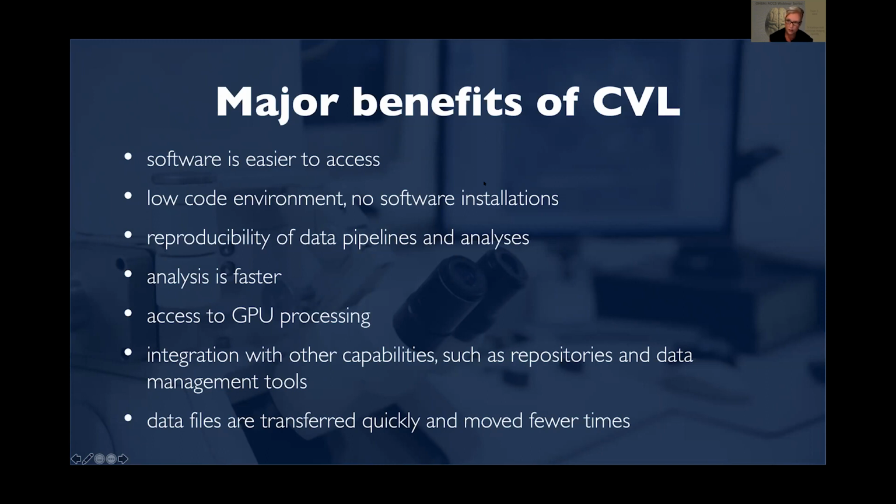It's also integrated with other repositories and collections like CloudStore or institutional collections, and other data collection and data management tools. It's integrating XNAT for human bioimaging, and so it will make collections available to you within that space, so you won't have to download them again and re-access them. The other thing about it is that data files can be transferred quickly, using tools like Globus, perhaps for very large data sets, which would be checksummed at the end so that you can be assured of their integrity and also of their security. And you would have to move your data a lot fewer times.